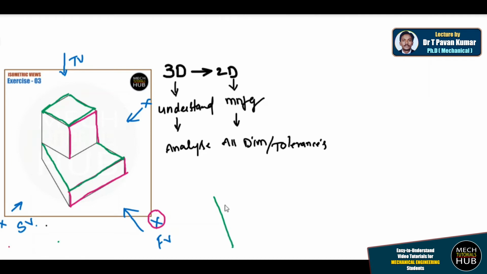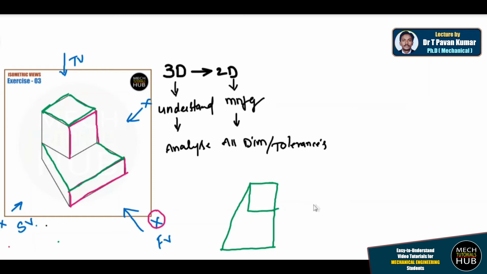Let me draw a rough sketch now. Simply a square is visible from the top, a simple square, followed by an alignment, as I said just now, something like this, the continuity of the line. This is how the top view looks.